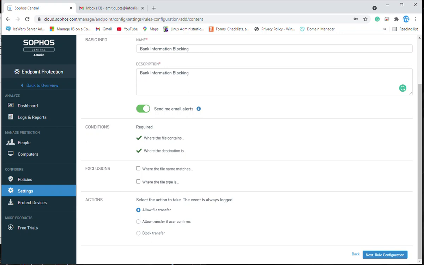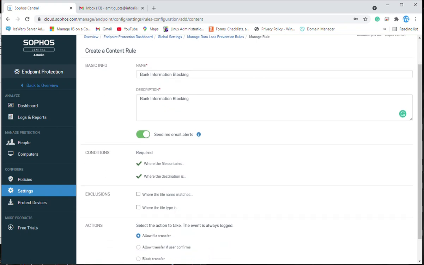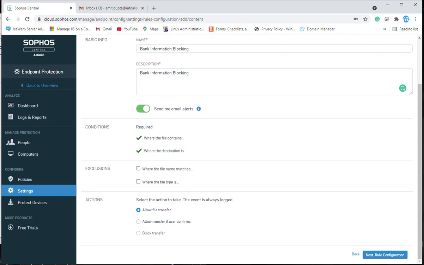Here are the actions. Basically any kind of DLP, either for Sophos or some other product, works with three options. First is the name, second is the conditions, and third is the actions. What actions would be taken by the DLP product when someone is trying to send data and it matches the conditions.